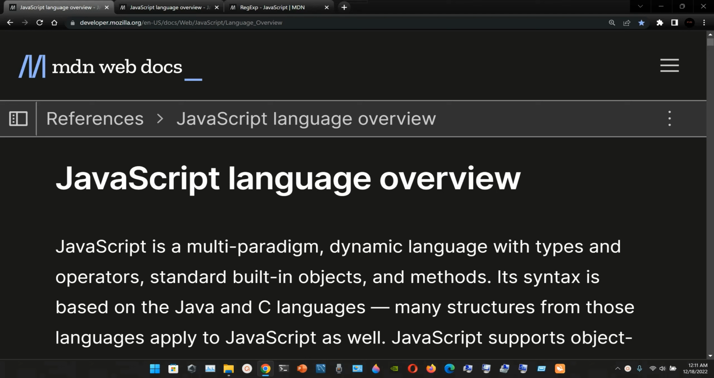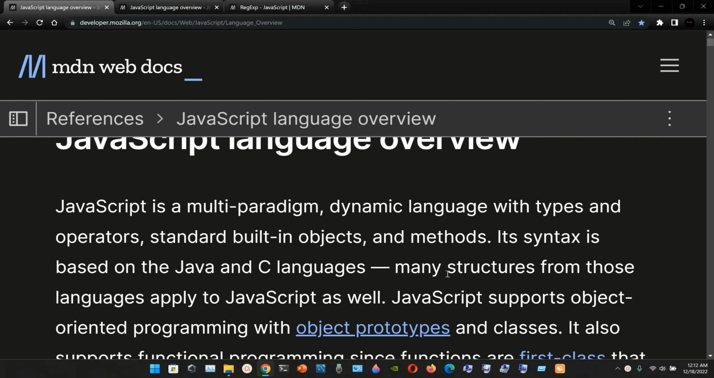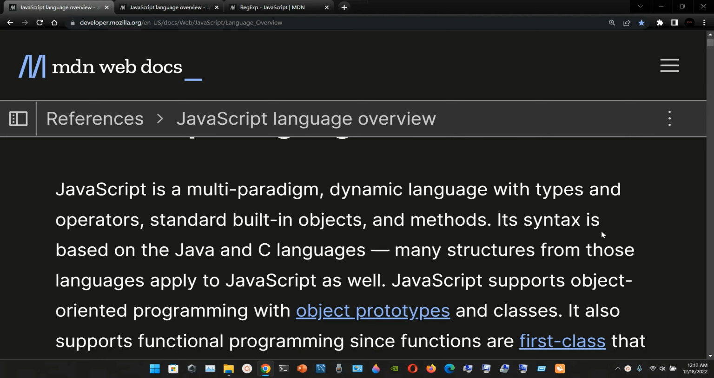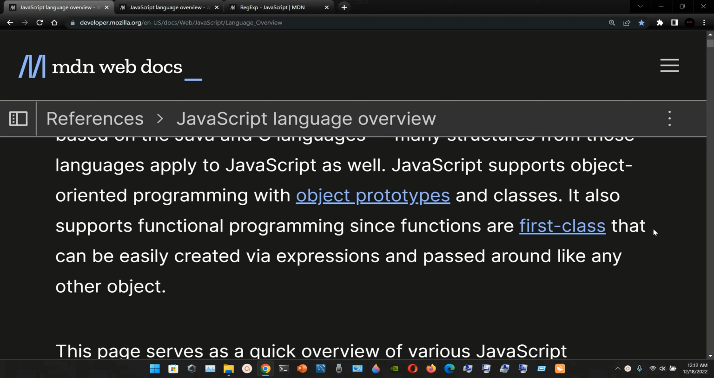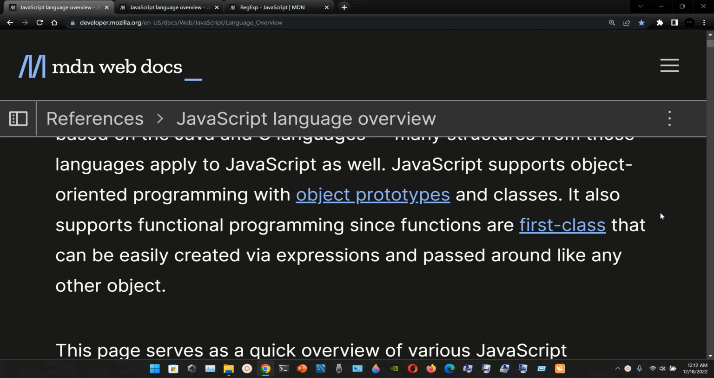JavaScript language overview. JavaScript is a multi-paradigm dynamic language with types and operators, standard built-in objects and methods. Its syntax is based on the Java and C languages. Many structures from those languages apply to JavaScript as well. JavaScript supports object-oriented programming with object prototypes and classes. It also supports functional programming since functions are first class, can be easily created via expressions, and passed around